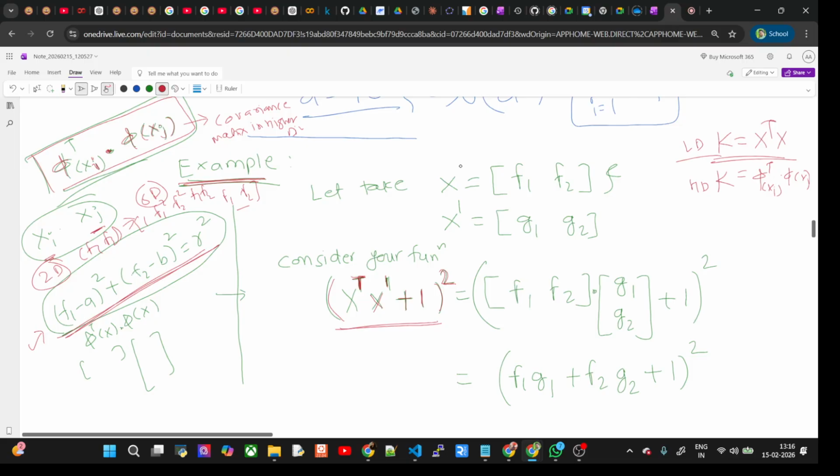Okay. For example, when you do this kind of multiplication, if you do x transpose x and x into x transpose, more or less their values are the same, if you actually see it. So when you try to write